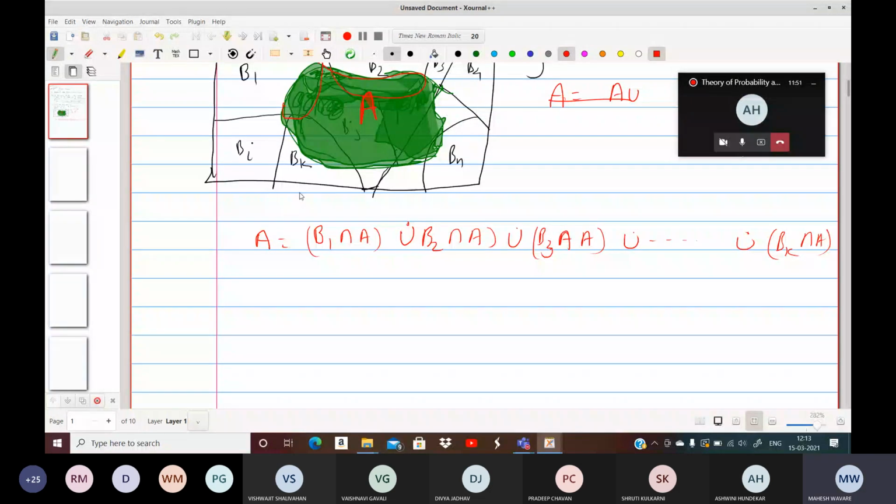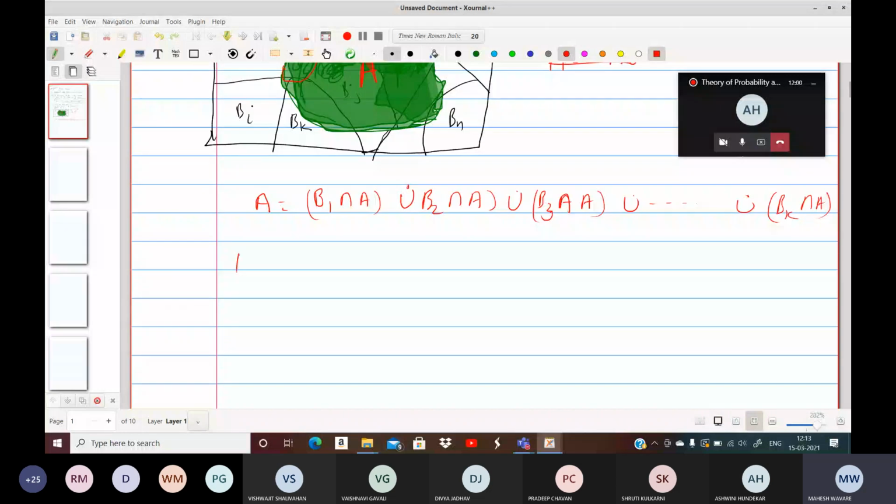So the probability of A can be found. Now all k events are disjoint. So this is just probability of B1 intersection A, plus, for the union, probability of B2 intersection A, plus, and so on, probability of Bk intersection A. Because of this disjointness, you can apply probability of A union B as probability A plus probability B, because the events are disjoint. That thing is important because B1, B2, Bk constitute the partition for set S.